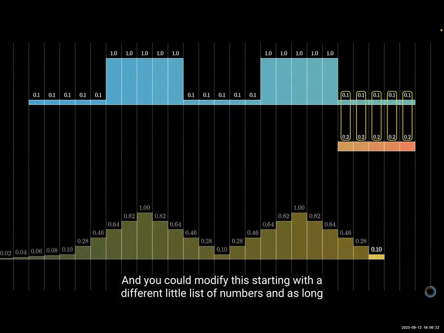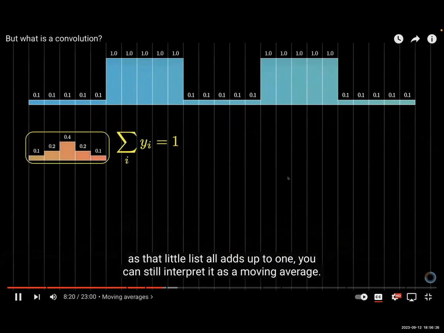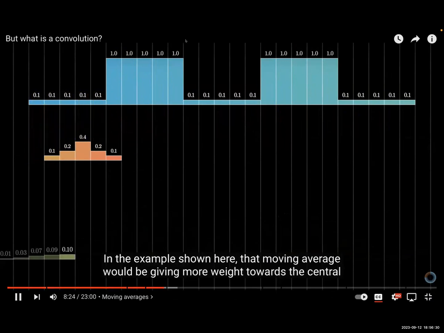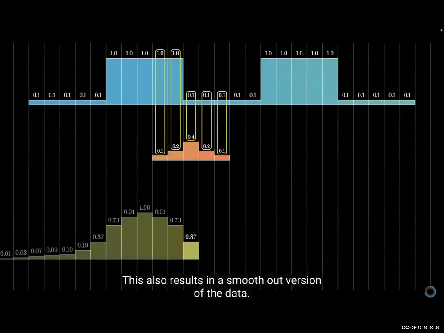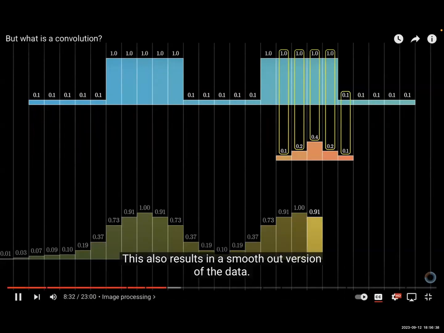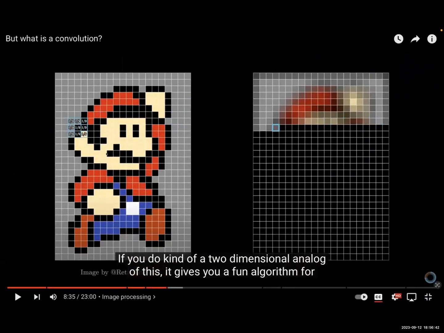And you could modify this starting with a different little list of numbers. As long as that little list all adds up to 1, you can still interpret it as a moving average. In the example shown here, that moving average would be giving more weight towards the central value. This also results in a smoothed out version of the data. If you do a two-dimensional analog of this,